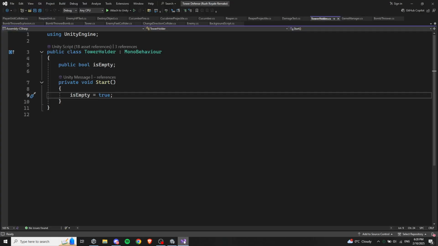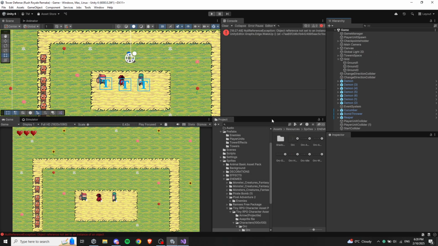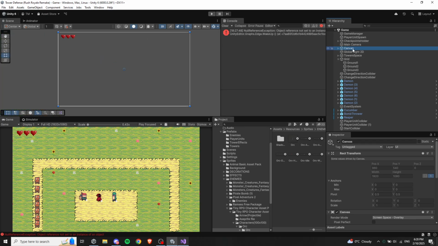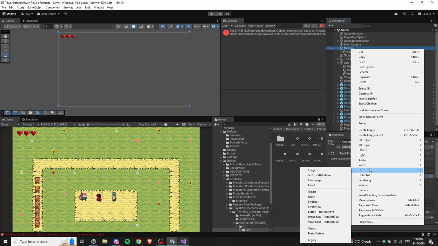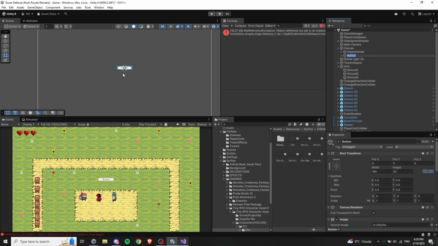So now let's create some UI. The first thing that I want to do is select the canvas. So this one. Then we create a button which will be to spawn units. Yes, a button. So this one. All right. Okay. I don't know exactly where to place it. All right. Maybe